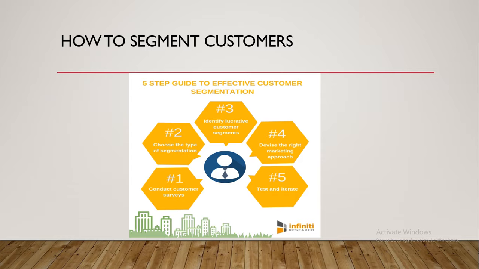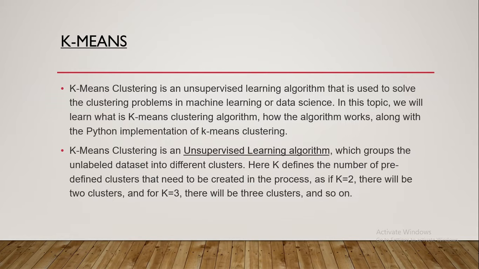So basically in this we'll take the customer data, then we'll pre-process and analyze that data, and then we will find the optimum number of clusters from that, and we will apply the k-means clustering algorithm to those clusters. Then this k-means algorithm will help us to visualize the clusters according to age, gender, or anything like that. So what is k-means clustering?